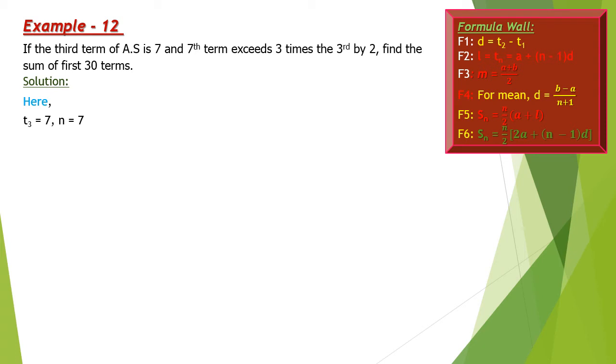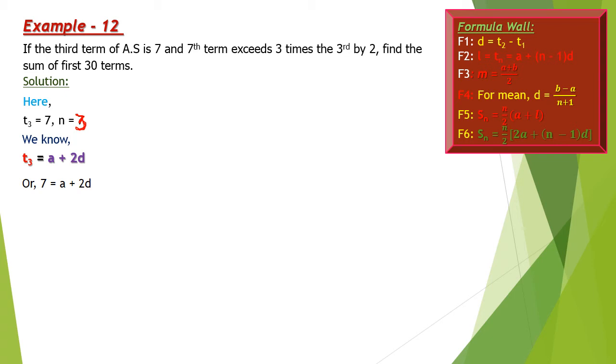Not 7, it must be 3. Third term is 7, that means n is equal to 3. So we know third term is a plus 2d. We know third term is a plus 2d, so we can replace the value of t3 as 7 equal to